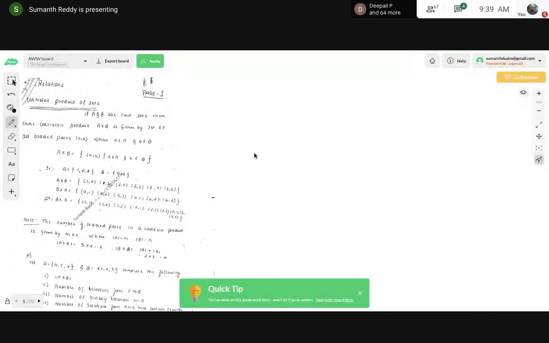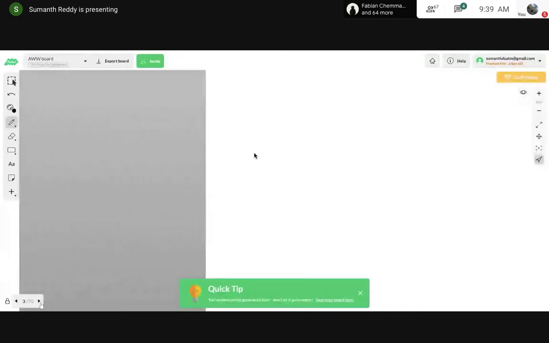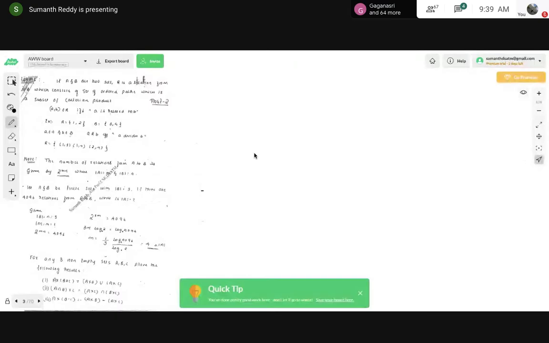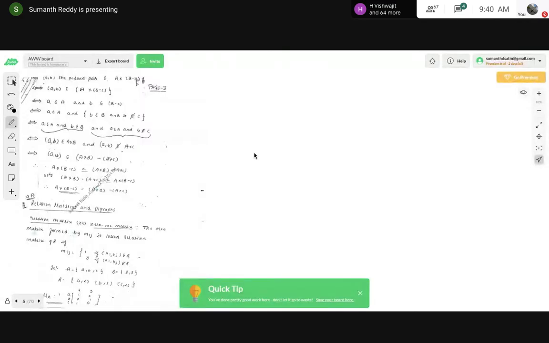So far, we have discussed the Cartesian product already, we have completed it, right? Okay, see, I told you, for the theorems and all, if you refer to these notes, it's fine. But for the problems, along with the notes, if you want to solve more problems, you can refer even to the textbook. Okay, so all these topics we have already discussed.